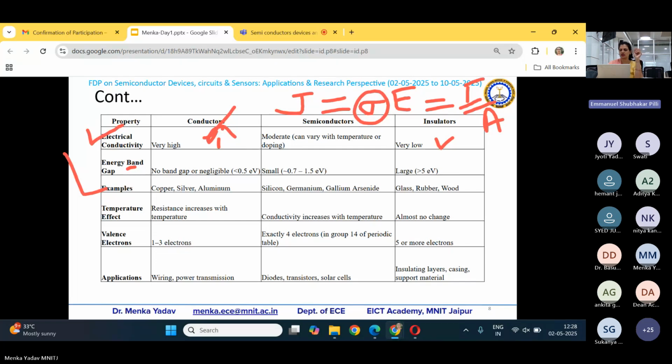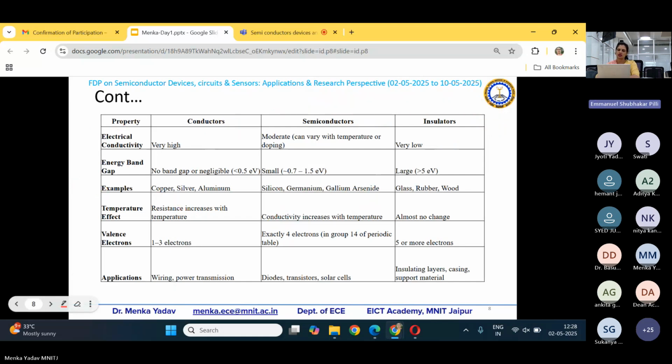Next one is the semiconductor. So the conductivity of semiconductors will keep on increasing up to some temperature, and after that it decreases. So the curve will come somewhat like this, and then it goes down. For semiconductors, it will go like this. And for conductors, it is decreasing. And for insulators, there is almost no change. There is no change in the resistance or the conductivity.